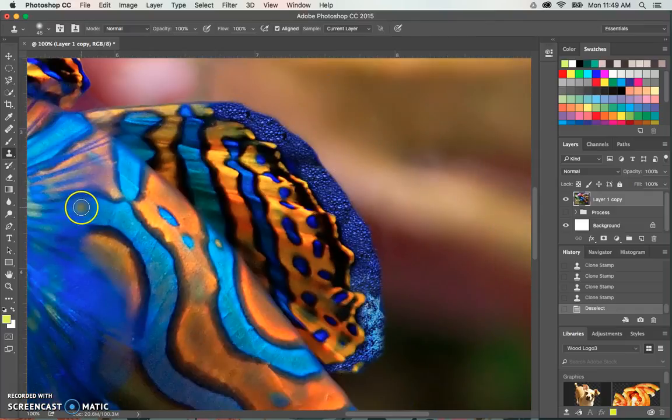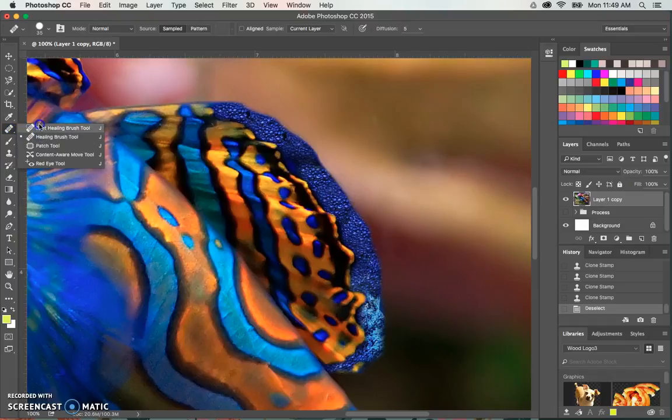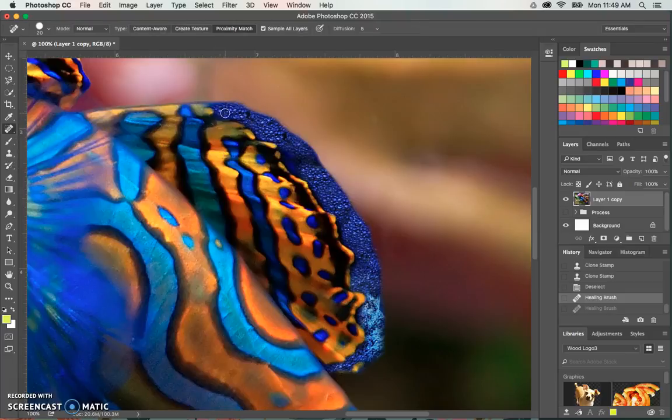So we only have a few more minutes of this tutorial, or of this demo video. So before we move on to the next step, I want to show you how I can actually start coming in here and blending with my healing brush tool to make sure that this is actually matching up a bit. So I've got my healing brush tool. My healing brush tool allows me to select my areas. My spot healing brush tool